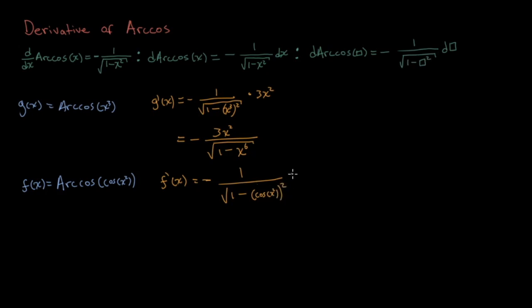Now we have to multiply this by the derivative of cos x squared, because this term here is cos x squared, as you can see from here. So the derivative of a cos function is a negative sine function. So we're going to multiply this by negative sine x squared